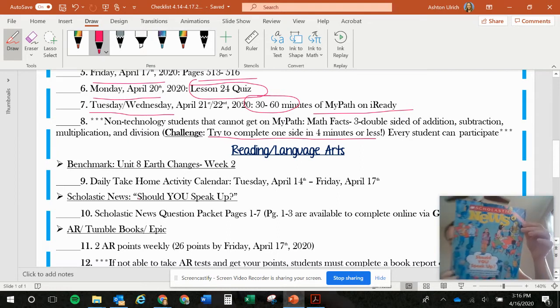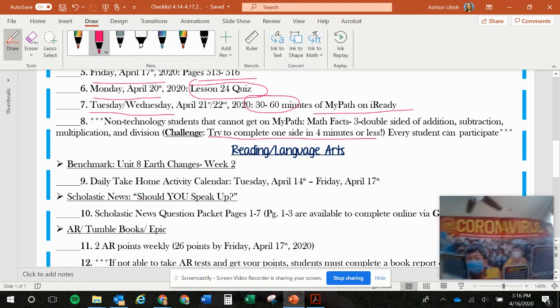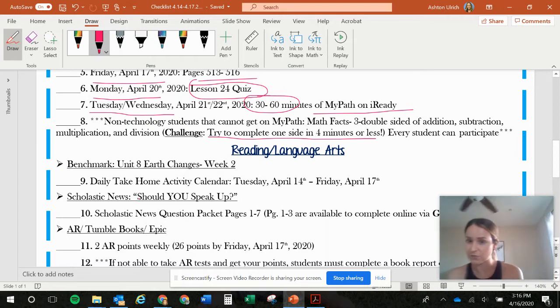Okay, the "Should You Speak Up?" article is on bullying. That's the first article. And then the second article is on coronavirus, so that would be really interesting to read about. And then the other ones are about dinosaurs, rainbow squirrels, and then counting in, we're talking about,